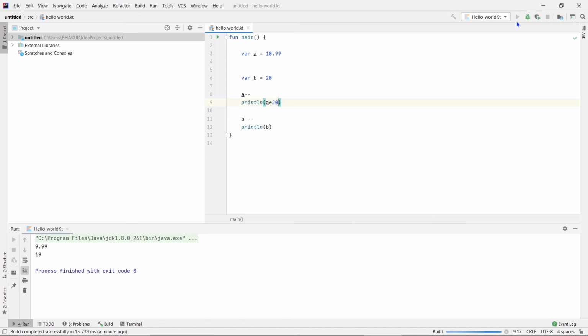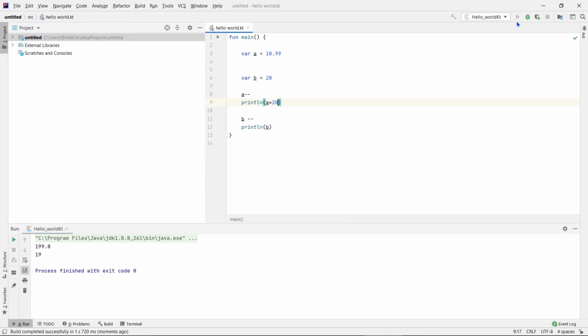Let's see what the output will be. You can see the output is correct. 10.99 minus 1 gives some value, multiplied by 20. So you can do this very easily by using increment or decrement.